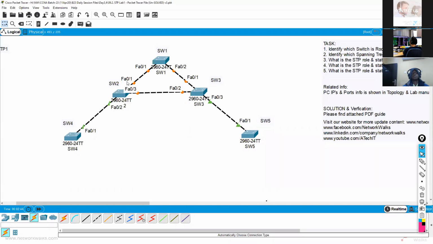It means they are talking to each other and discussing, okay guys, because in this case, a loop will happen because we have multiple paths, we have a circle. So they are talking to each other about how to make a loop-free topology. You will see finally all the ports will turn on, meaning there will be two links, and the third one will be, now you can see it is turning green, meaning they are doing the STP. I have not done any configuration, I just dragged the switches. I just bought them from Cisco and connected them together.